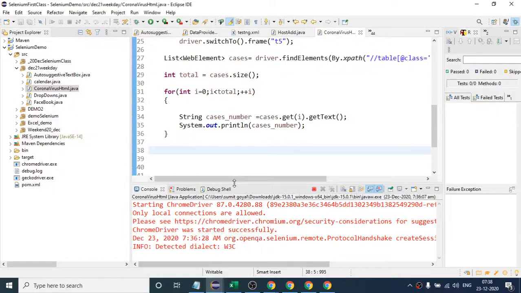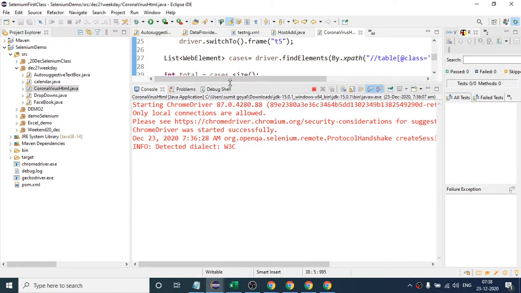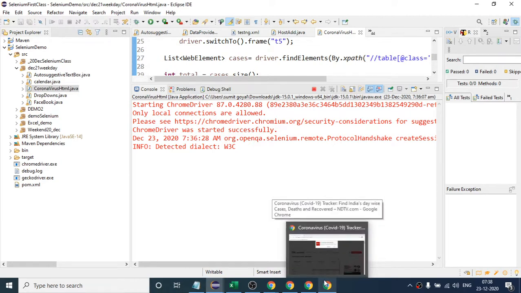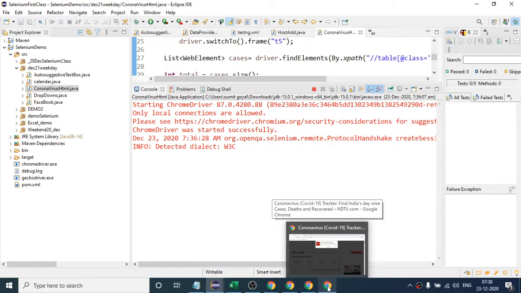Here we should see all the cases. Once it clicks on this pop-up, we should see the data.